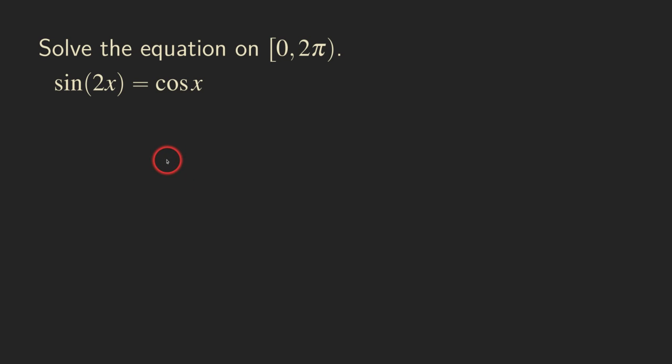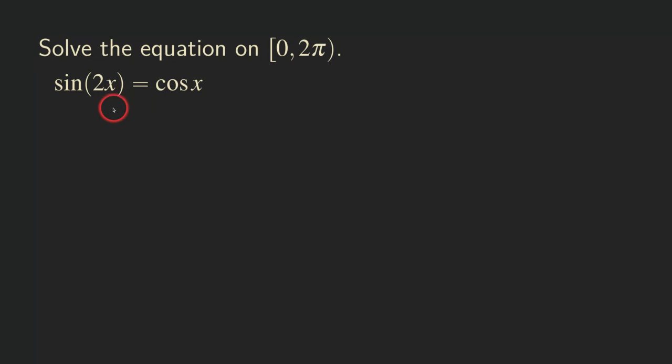Hello everyone, let's look at this equation here. This time we have a trig equation with one of the functions whose argument is not just x. So for this function sine, here we have 2x in there. In general, this is harder to work with when the arguments are not the same for the trig functions, because